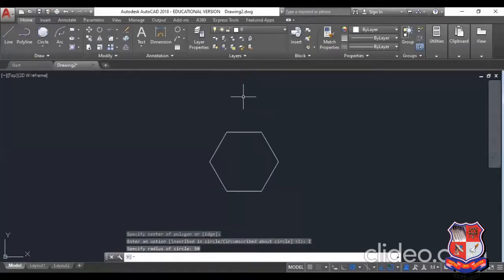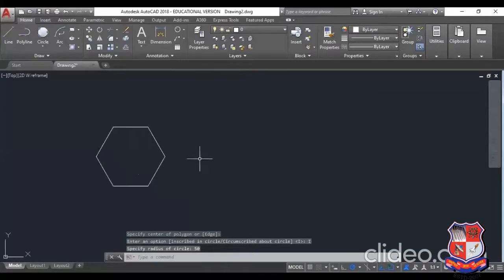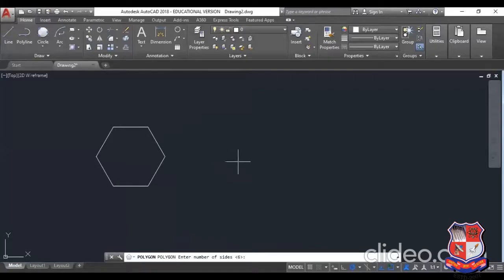Now the next option is polygon again. Enter. Number of sides 6, enter, and specify center of polygon. Select the center point and I will take the second option, circumscribed about the circle.